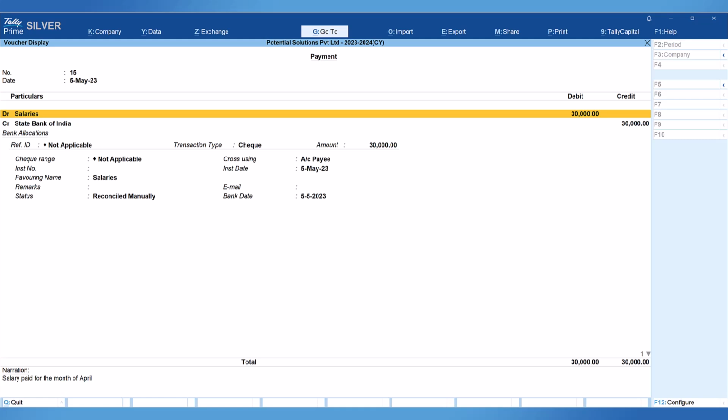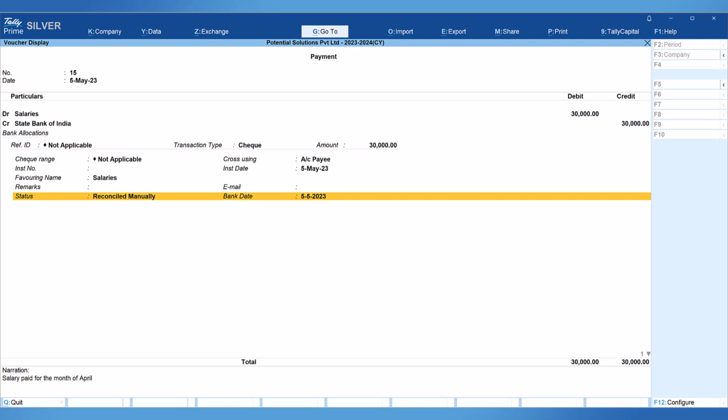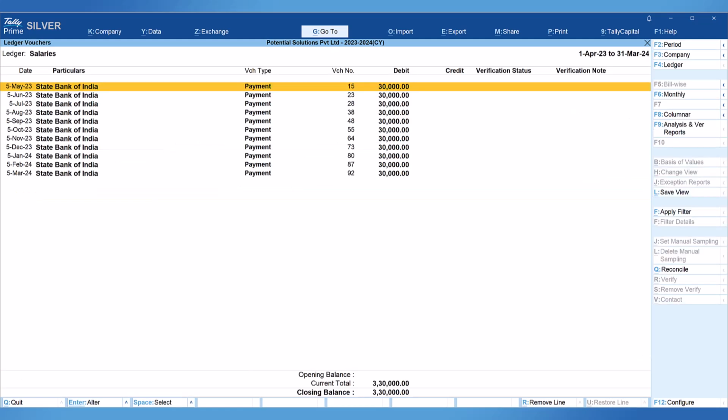And the best part is that you can navigate to any field, but the only thing is you cannot alter or modify any value in this voucher. Just try this. I am now typing using different keys on my keyboard, but you will notice that none of the fields has got modified. Once you have reviewed, you can escape,